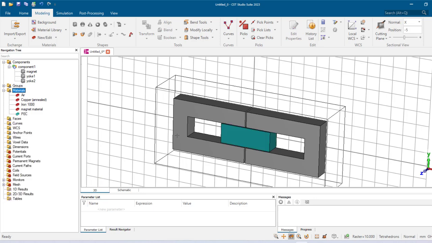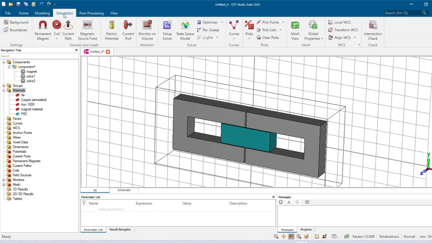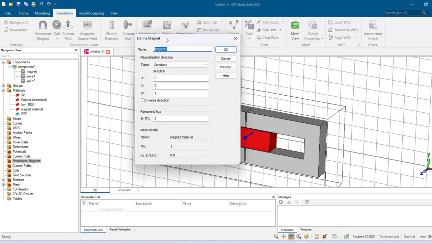Okay, so now that the objects have been imported, I do need to set up the sources. So I'm going to go to the simulation ribbon at the top, and I'm going to have a magnet. This middle object here is a magnet, and two coils on the ends. So go to the permanent magnet here and click on the middle object, which brings up this window,